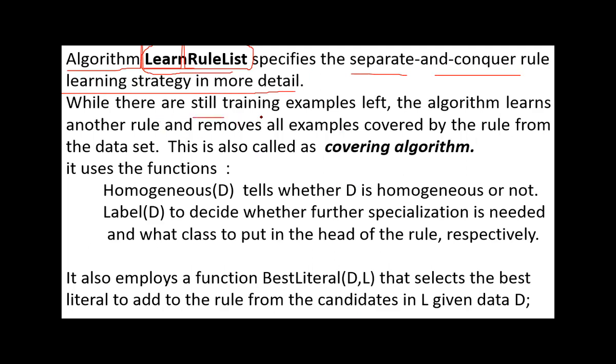While there are still training examples left, our algorithm takes one rule and deletes the training examples covered by that rule. So the remaining examples are there. Do you understand, my dear friends? The algorithm learns another rule and removes all examples covered by that rule from the data set. This is also called the covering algorithm. My dear friends, let me tell you again: whenever we find a rule,